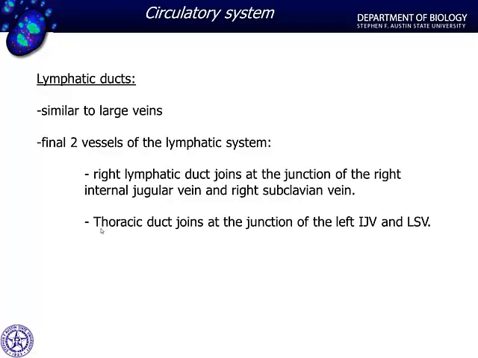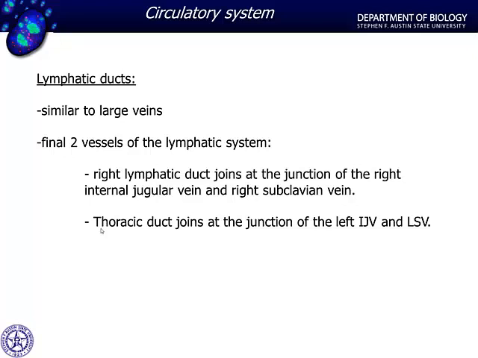Now, with the lymphatic system, we're also going to see very thin-walled vessels that have valves in them, but we're really not going to see smooth muscles in these. They're going to be similar to the large veins, but we're not going to see anything in the way of smooth muscle. We don't have a blood pressure with these lymphatic vessels very much at all, but they will have the valve leaflets. And as we drain through our lymphatic capillaries, as we will really see in our GI tract, these are going to funnel into larger and larger lymphatic vessels until we finally get to the last two that are going to return this fluid, this lymph, back into the